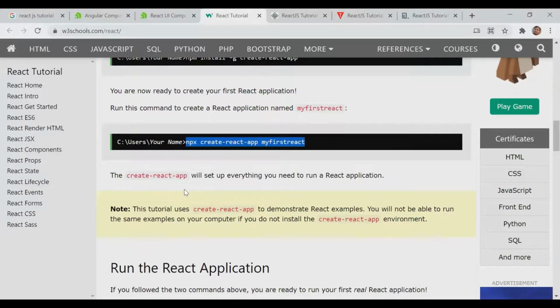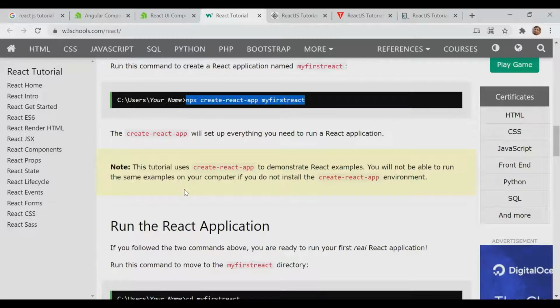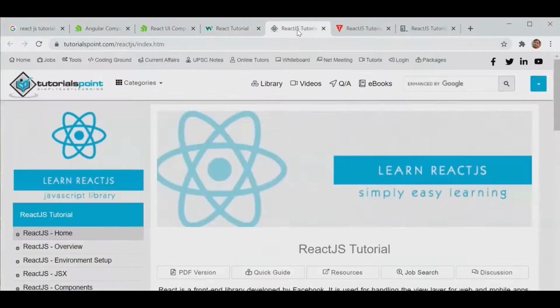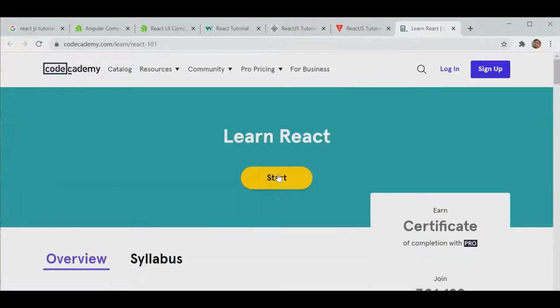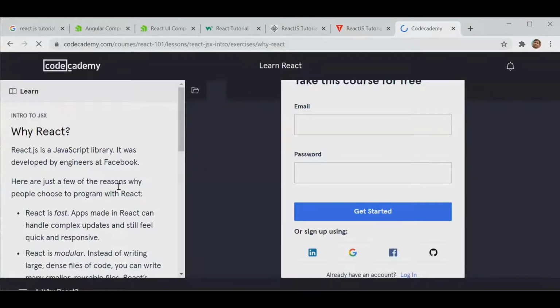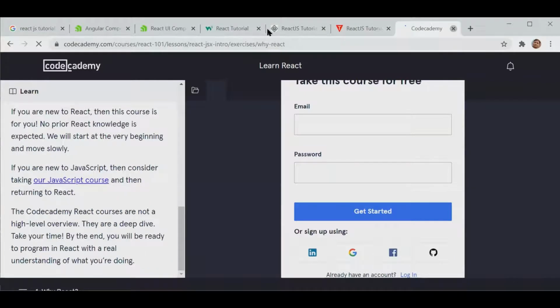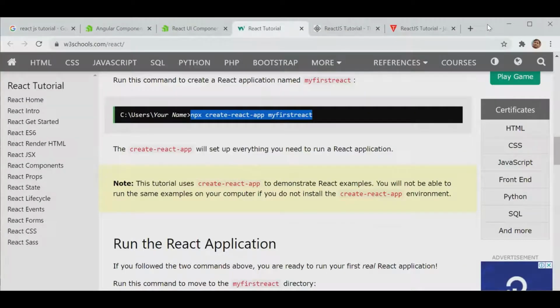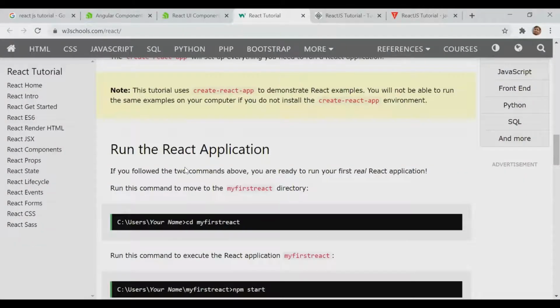So prepare your system accordingly so that from the next session we can plan something. We will start from W3Schools, then the React JS tutorial, then the Javatpoint tutorial, then the Mozilla developer site. After completing these tutorials, we will be somehow at an intermediate level. So let's have next.